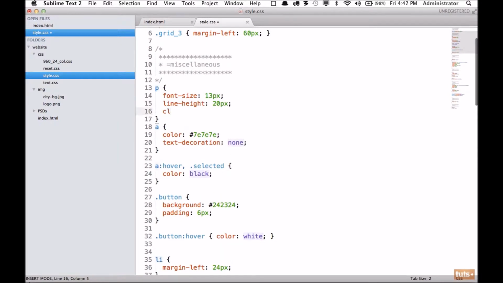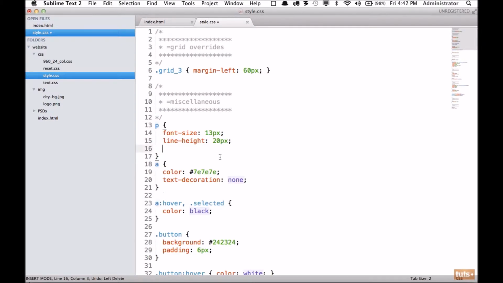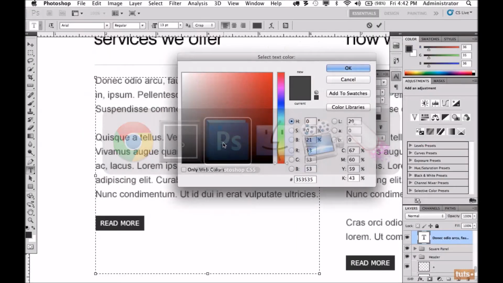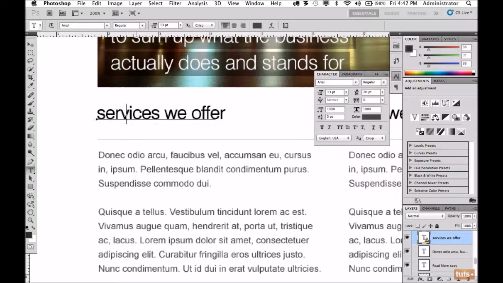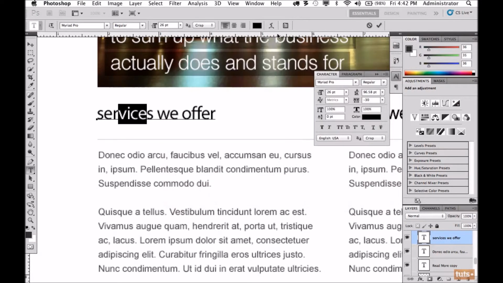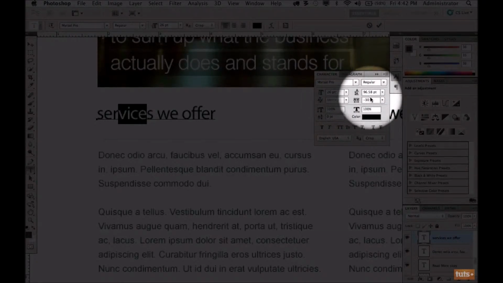All paragraph has a color. Now, if you want that to be the default color across the board, you could apply that to the body element, but here we're going to limit it to just paragraphs. Reload, and now that's been reduced. But what about headings? Is he keeping the same color as well? And once again, I'm going to select this text, choose the color, and it does appear that he's using black as well. If we also look here, we can see that he has a really high line height set up,